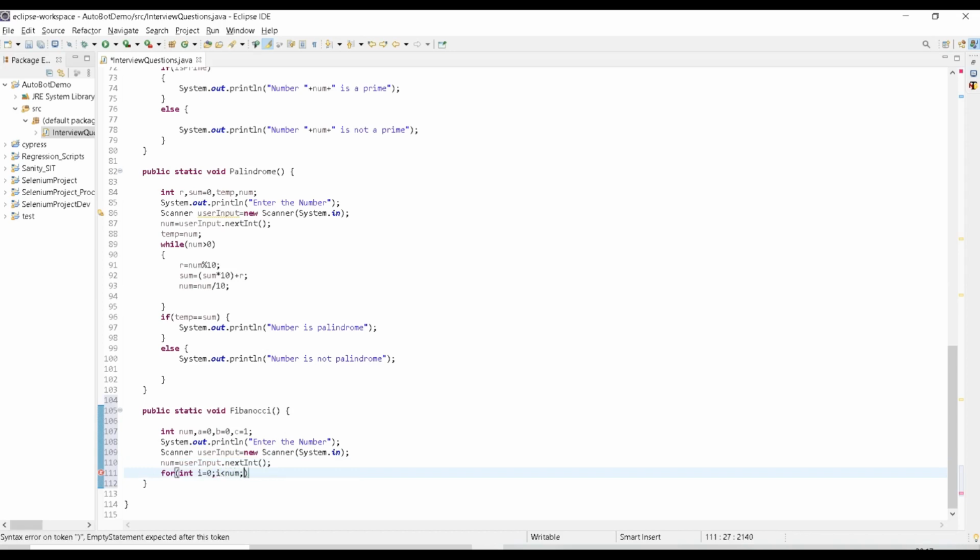So suppose if I'm entering 5, it has to print the 5 series. Okay, like 0 1 1, then 2 3. Till that part it has to print. If I give the number as 10, it has to give more numbers, and it should print the 10 series. Okay, let me use plus plus,